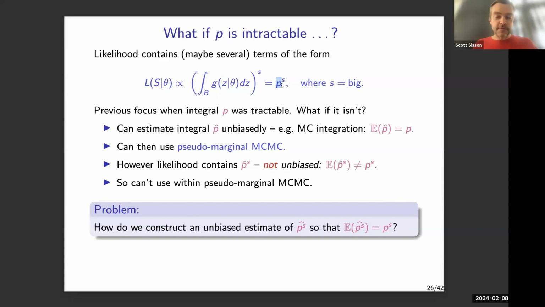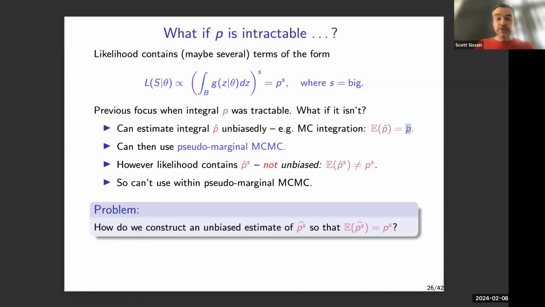But the question is, what if we don't know what this is and we can't evaluate it? Maybe we don't have the CDF in closed form, for example. Well, just by the form of this integral, we can always get an unbiased estimate of p, which we could call p hat. How? We can just sample uniformly over the bin, and then take the empirical average, and that would be a Monte Carlo estimate of this integral. Now, it's useful in Bayesian computation, for example, if you have an unbiased estimate of your likelihood. By unbiased, I mean you take the expected value of it, and you get the actual value of the likelihood.